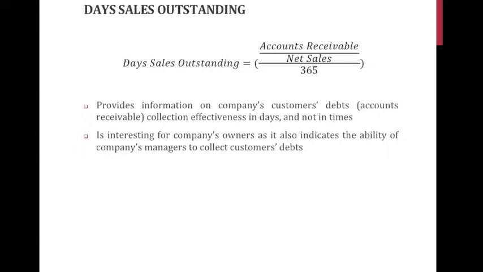Of course, the lower the number, the better the situation, because we issue an invoice, and the lower the number, the faster we are collecting money from our clients. But what indicator is good or bad? Again, it depends on our sales policy for our customers. Imagine we have an indicator of, for example, 30 days. That means that on average it takes us 30 days to collect money from clients after the invoice is issued. Is the indicator good or bad?